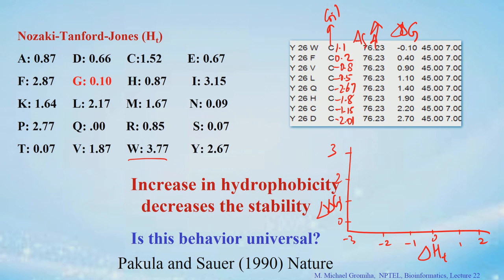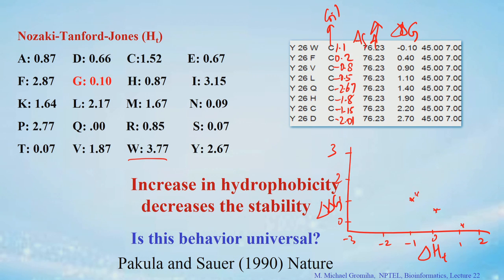Y26W, 1.1 and minus 0.1 somewhere here, and the second one Y26F, this is 0.2 somewhere here, and the y axis 0.4 somewhere here, and the third one Y26V minus 0.8 and 0.9 somewhere here, Y26L minus 0.5 somewhere here, and 1.1, right,